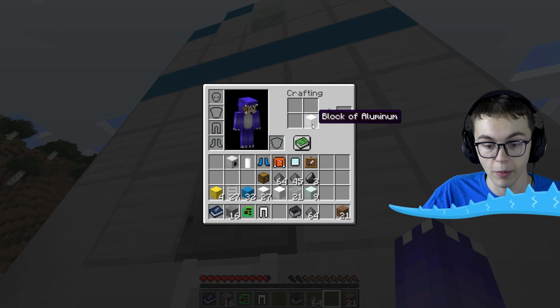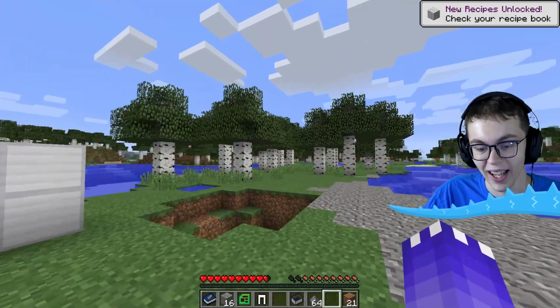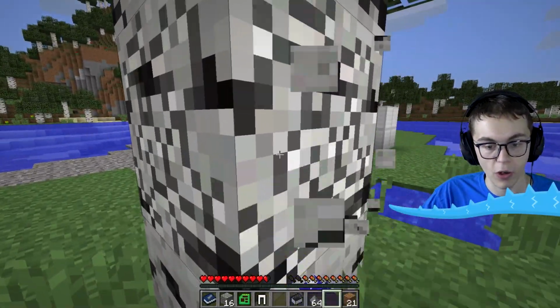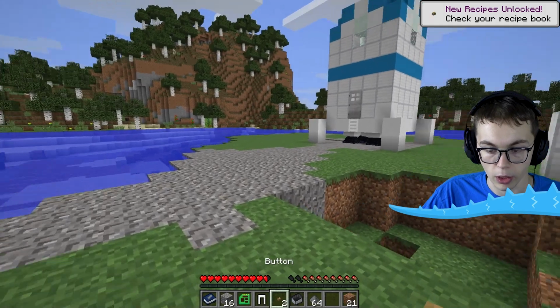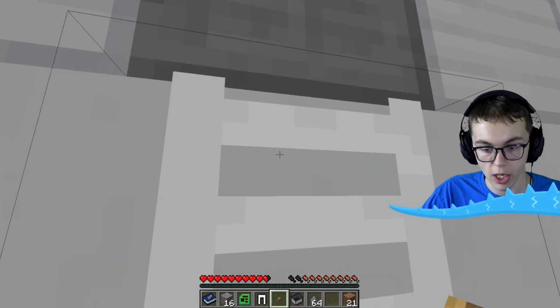I can make a bunch of aluminum ingots, but I don't think I can make myself a button. I'm gonna have to chop down a tree. Thankfully, we're playing Minecraft, and it ain't too difficult to get a tree chopped down. And now with this, I can make myself a basic wooden button. There we go. Now we can get that door open once again,